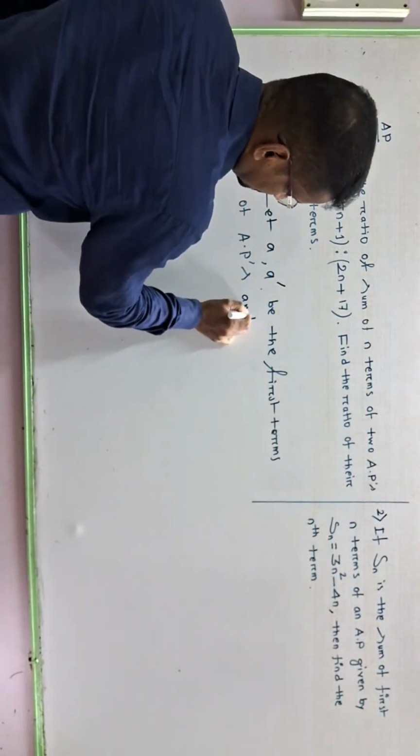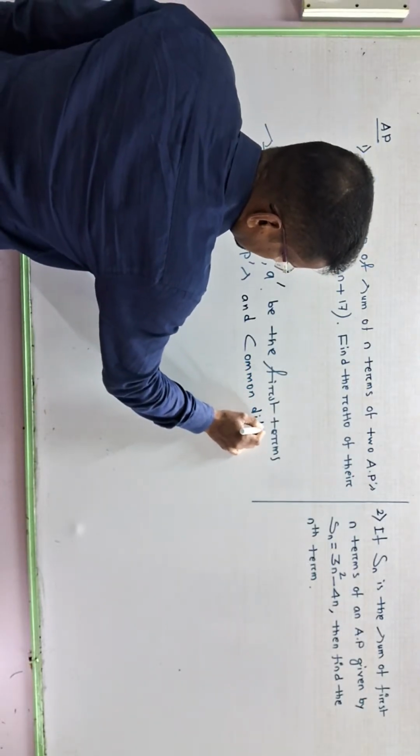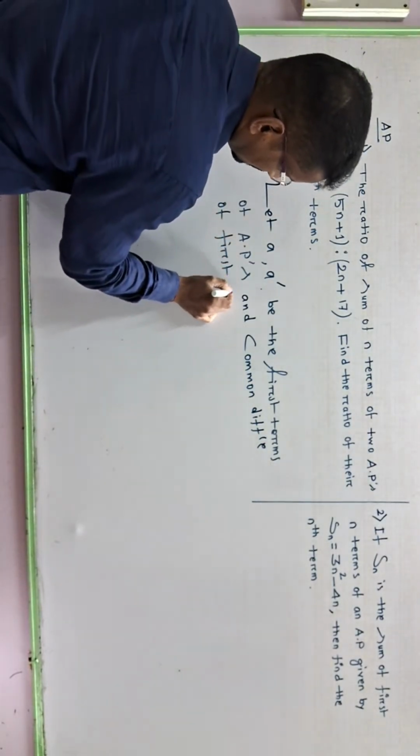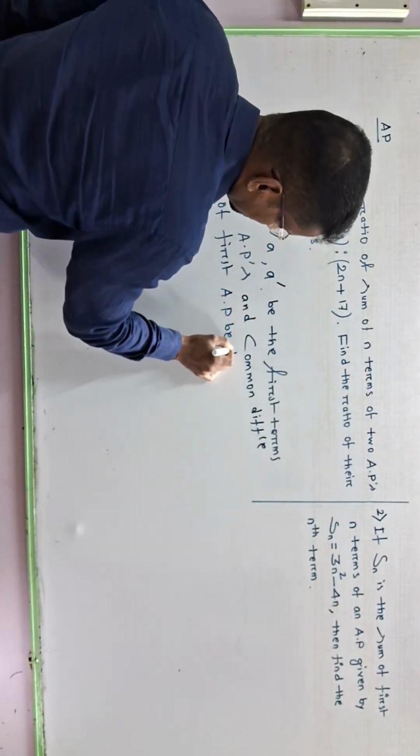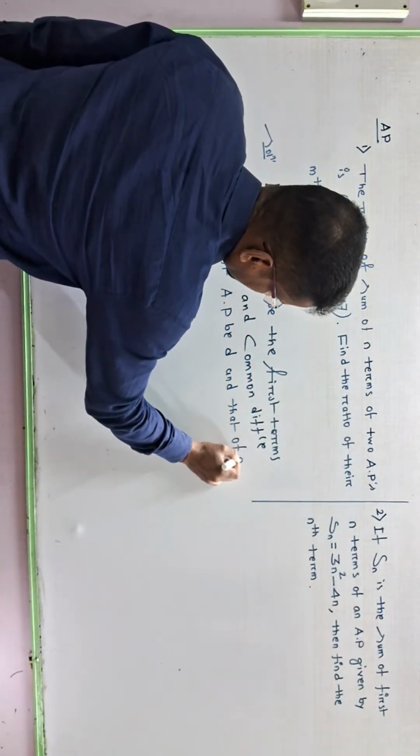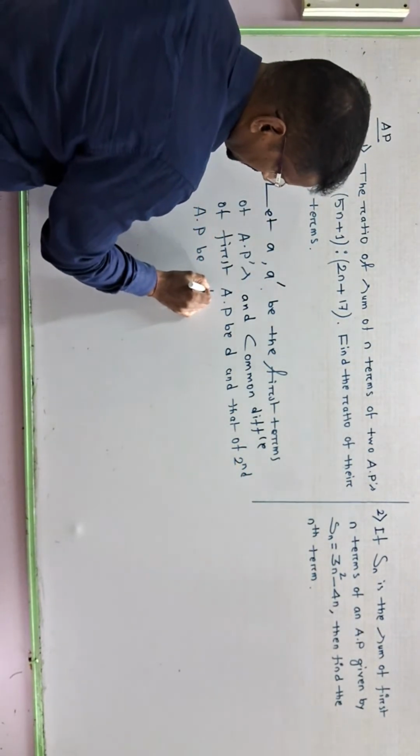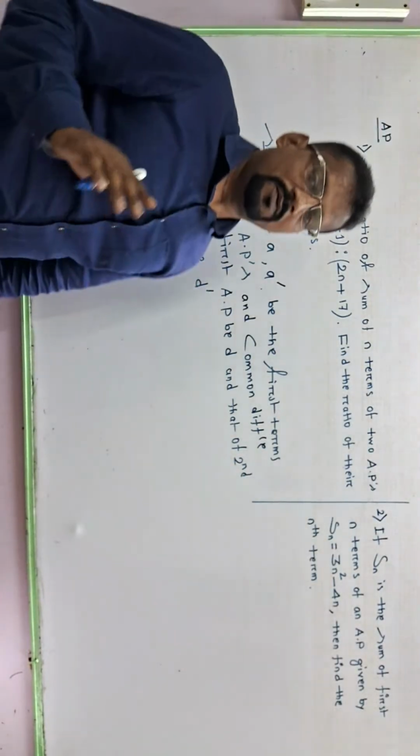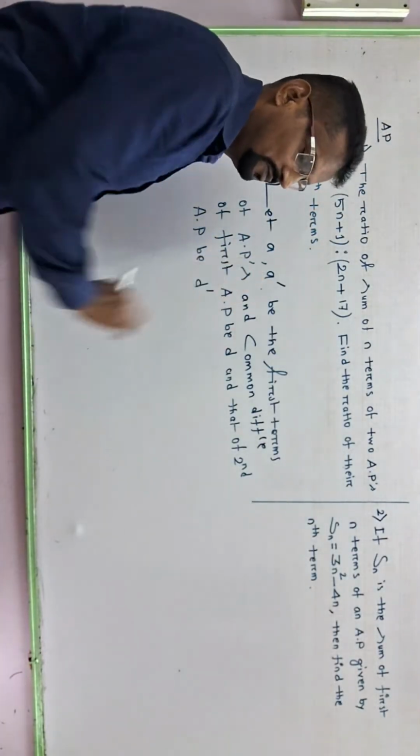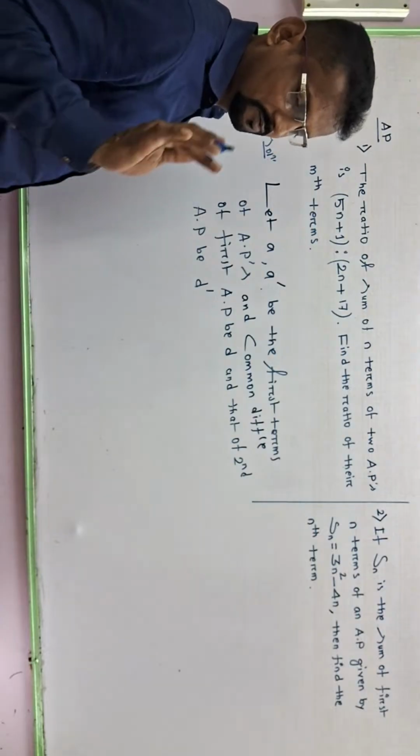And common difference of first AP, D, and that of second AP, D dash. তার মানে সেকেন্ড এপির কমন ডিফারেন্সক ডি ডেসে রিপ্রেজেন্ট করা হয়েছে আর ফার্স্ট এপির কমন ডিফারেন্সক ডি রে রিপ্রেজেন্ট করা হয়েছে। এটা সাম ফর্মুলা আবার জানা আছে। দেন ফর দা ফার্স্ট এপি উই আর গোইং টু রাইট